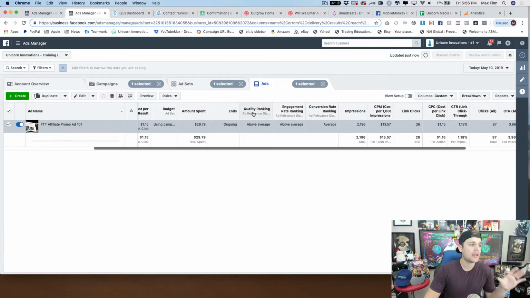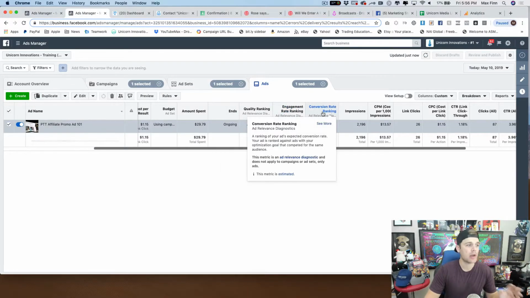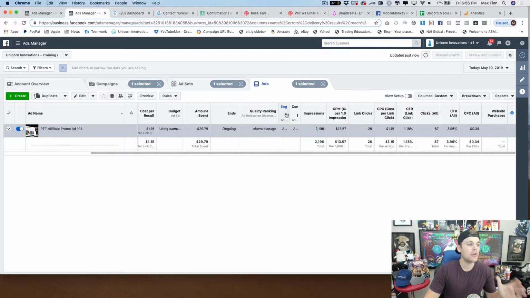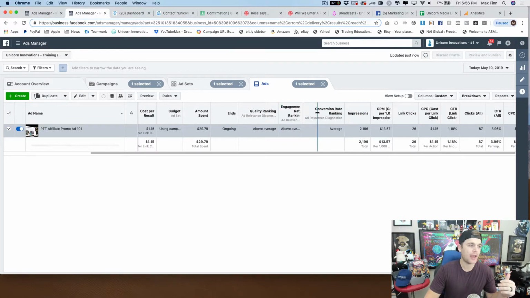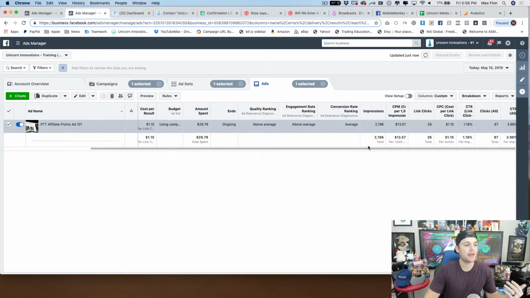Recently, though, that's been a single numerical metric for a long time, one field. That is now broken up into 3 fields. So instead of an 8 or 9 or 10 relevance score, or a low relevance score, we now have quality ranking, engagement rate ranking, and conversion rate ranking. So this is a new update that Facebook rolled out, and it's an important one because for a long time